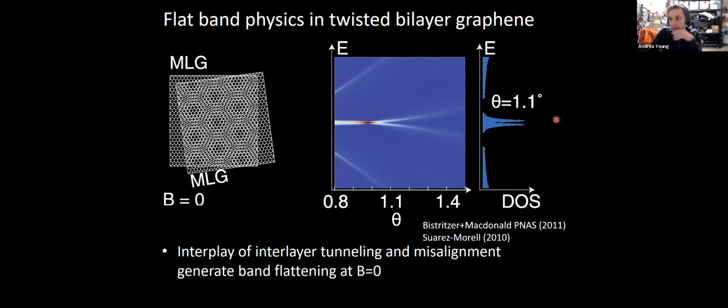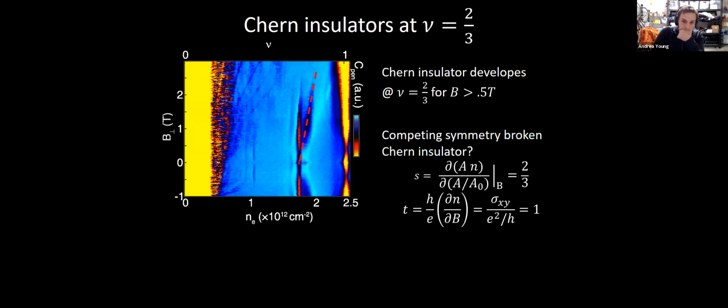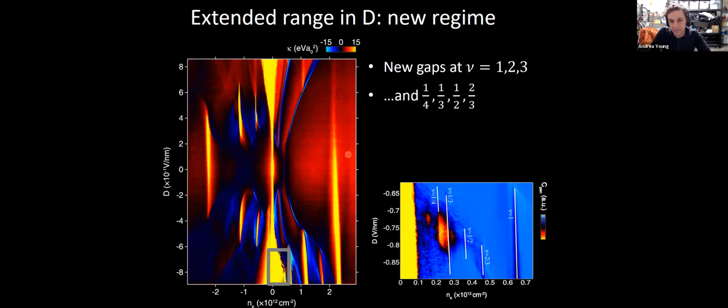Sorry. Andrea, just a quick question. Do you understand what is the structure of the states at fractional filling? Are these something like a Wigner crystal or something like that? I expect that they're Wigner crystals of some kind. I am more confused by these Chern insulators that seem to be competing with them. There's been lots of work on TMDs recently that show very beautiful sequences of these Wigner crystals. I expect it's very similar to that.